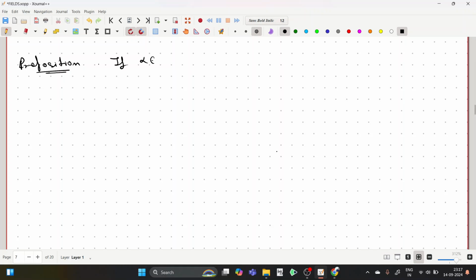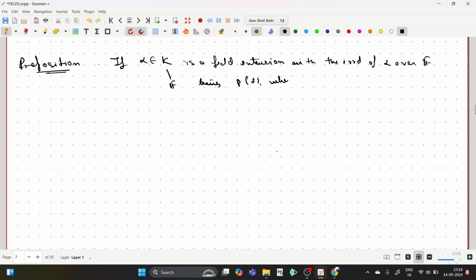If alpha belongs to K, where F as a subfield of K is a field extension, with the irreducible polynomial of alpha over F being P(t), where P(t) is explicitly given as a0 plus a1 t and so on till an t to the power n, then